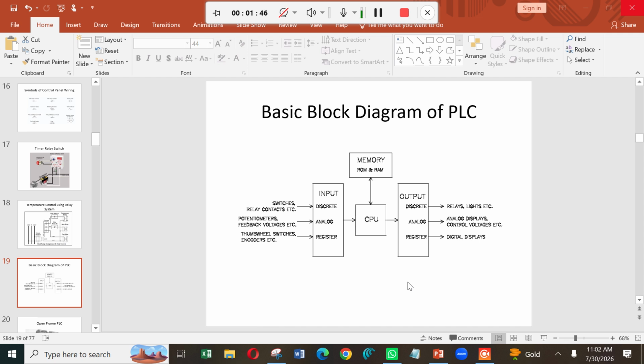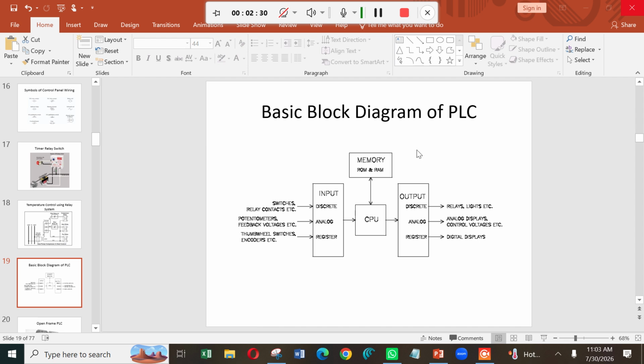Okay. Now, other than the input output module, if you want to do programming of PLC, then where will you store that program? For that we require memory. That memory may be inbuilt with the processor, or if you are using a microcontroller, there will be built-in memory in the microcontroller itself. If it is a microprocessor, then you have to use external memory along with the microprocessor, like what is shown in the block diagram. I hope you are understanding this block diagram.